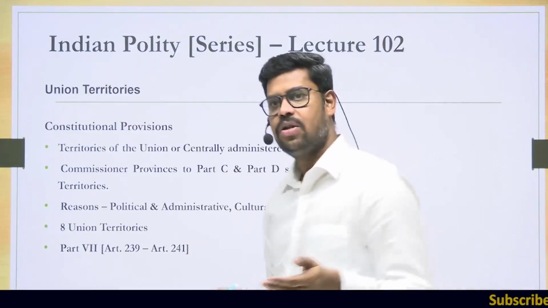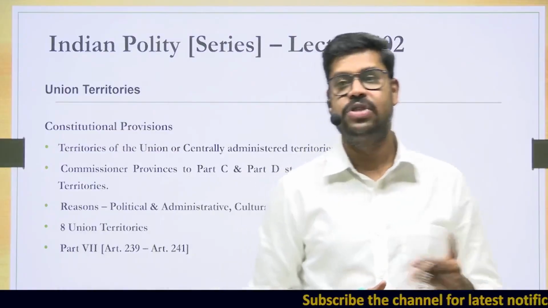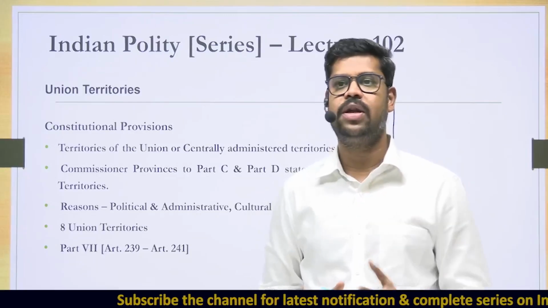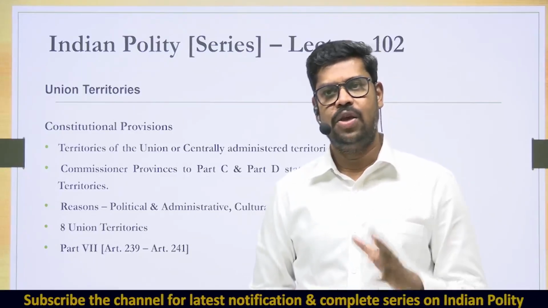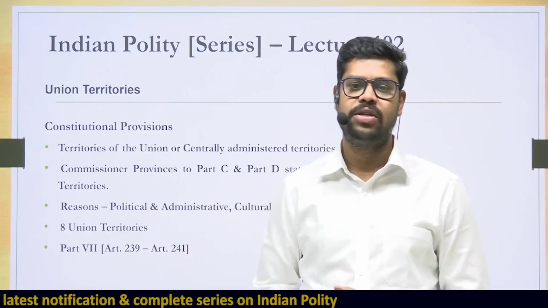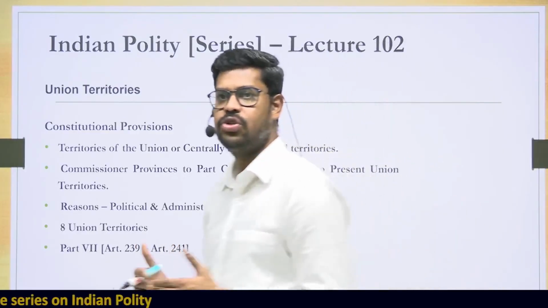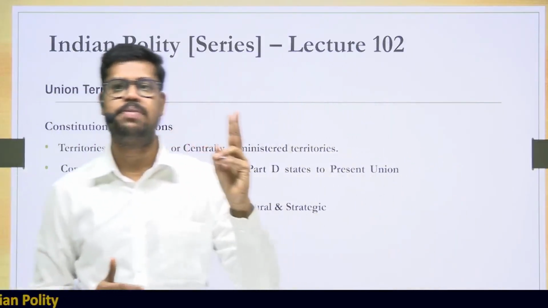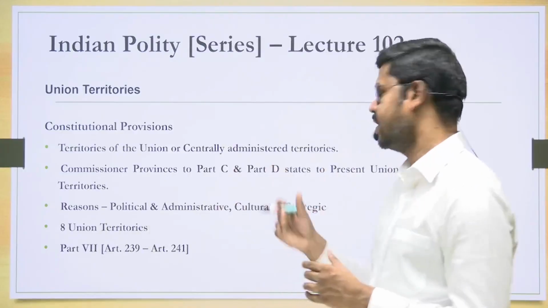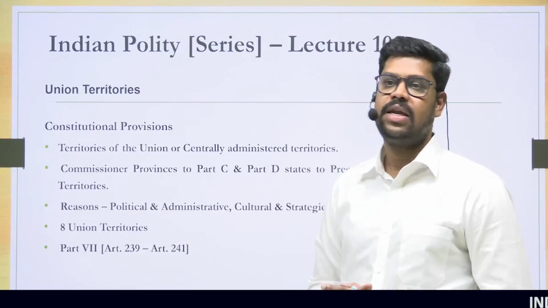In fact, before I get into the union territory, what is very important is what the position was at the commencement of the constitution. At the commencement of the constitution, that is on 26 January 1950, there was no union territory under the constitution. The union territories came into existence only in 1956, after a large scale reorganization in our country. On 26 January 1950, when India had its own constitution, there were only 4-fold states: Part A states, Part B states, Part C states, and Part D states. It is the Part C and Part D states, which were there at the commencement of the constitution, that were largely classified as union territories in 1956.